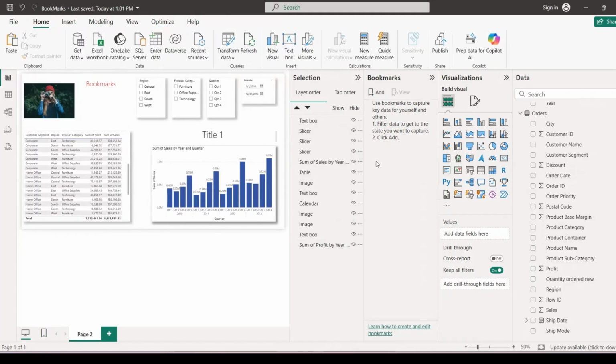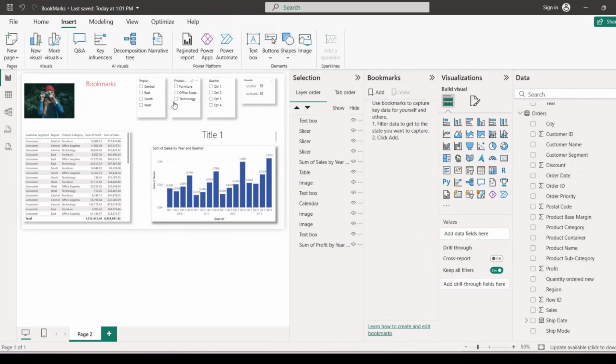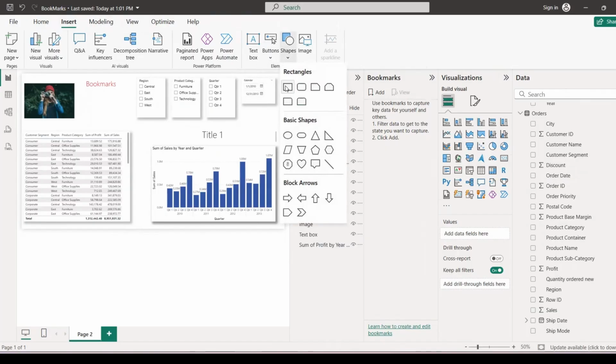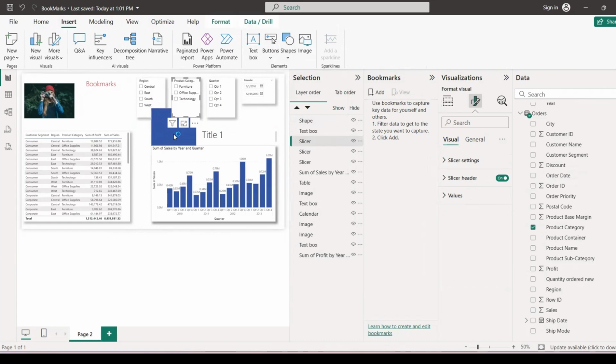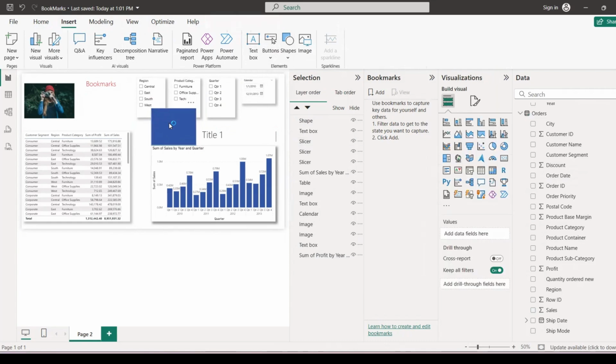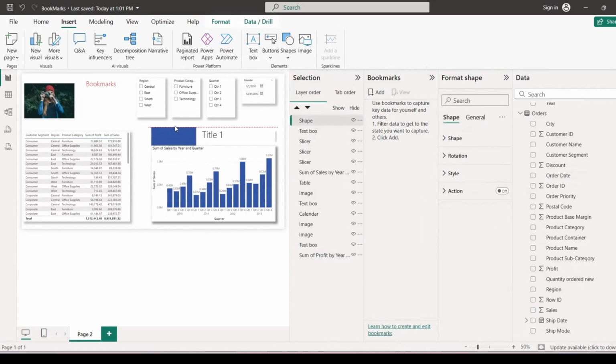And now we are ready to start with the bookmarks. So the last thing that I want to do is to insert a shape, a rectangle, and I just want to cover the text. Something like that.